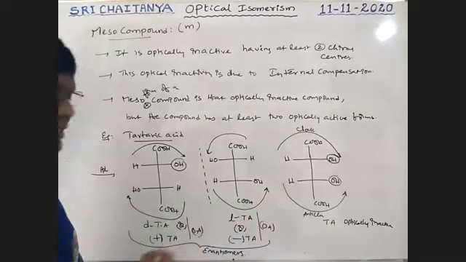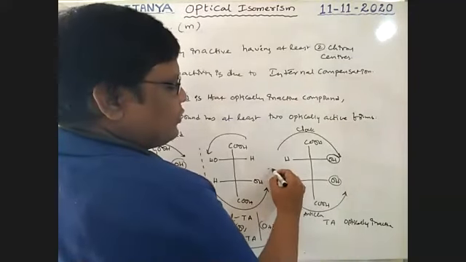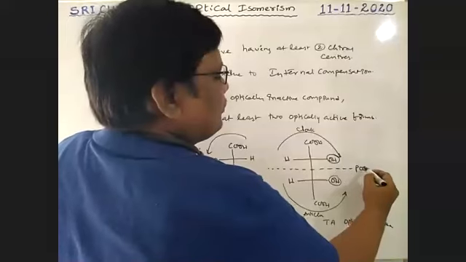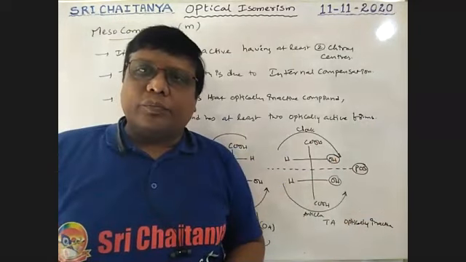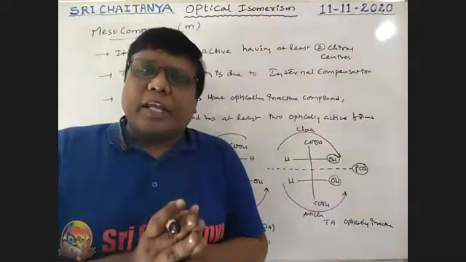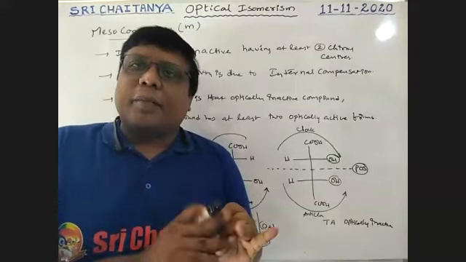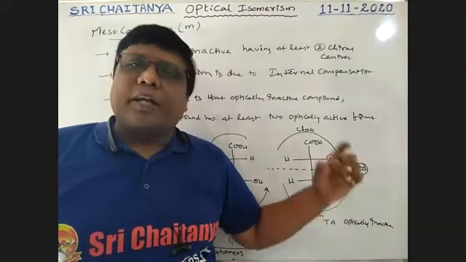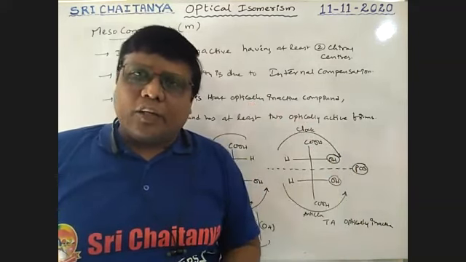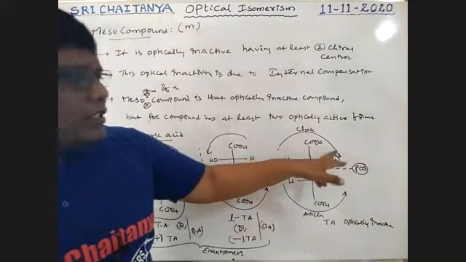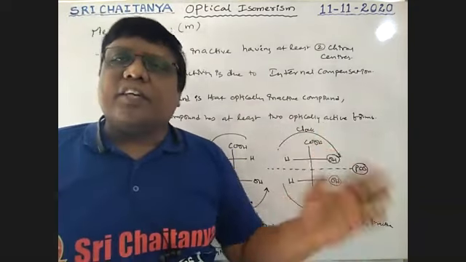Tomorrow I will explain these enantiomers, boys. So these two are enantiomers, and this is an optically inactive compound. See here, it has a plane of symmetry. Because of this plane of symmetry, this molecule is optically inactive. If any one of the symmetry elements exists in the molecule, that is a plane of symmetry, center of symmetry, or alternating axis of symmetry, but not an axis of symmetry, boys, then it is optically inactive. Within the molecule, rotation is cancelled.